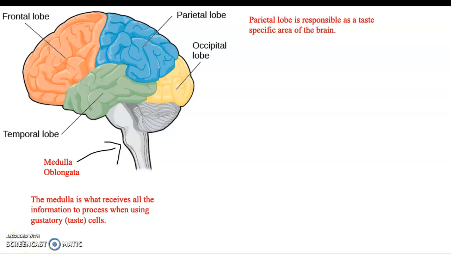So this week we are looking at the special senses, and I'm going to take you guys through taste, which involves gustation and gustatory cells. But first of all, looking at the brain, specifically the parietal lobe is one of our taste areas of the brain. And along with this, we have your medulla oblongata, which I've arrowed. And this is obviously your receptor receiving all that information from your taste cells, and then it's processed with a